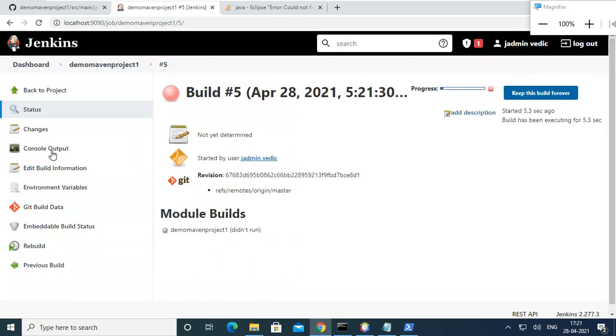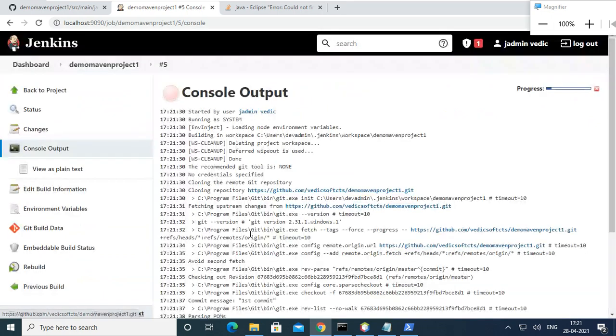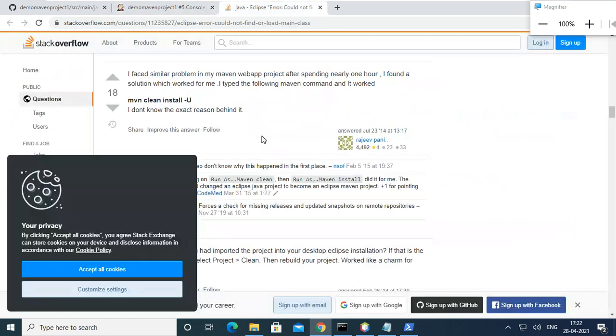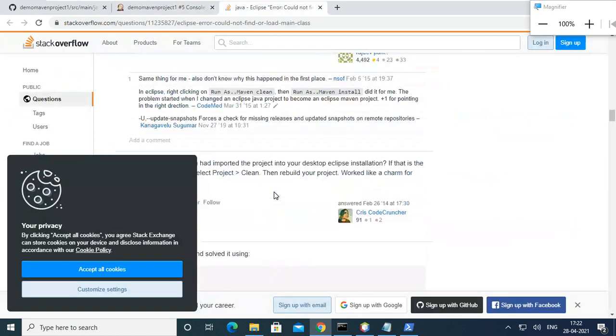Showing starting only. There is no use of this, and something has happened. Maybe I have to restart my PC. Okay, I have to restart my PC, so I will see it later.